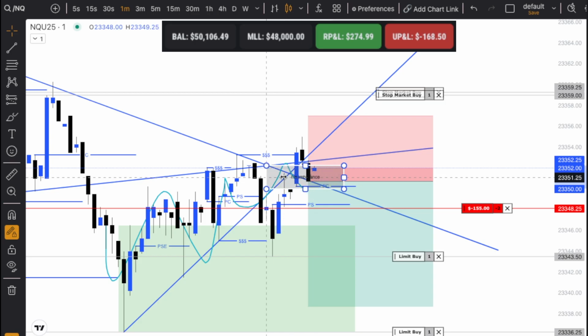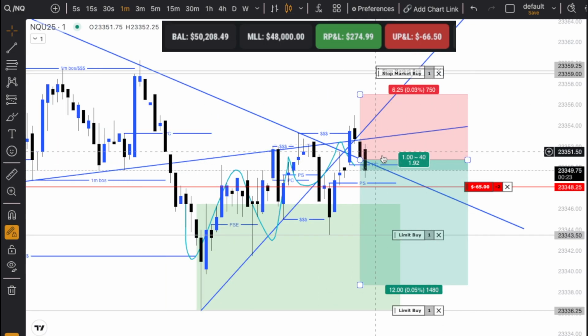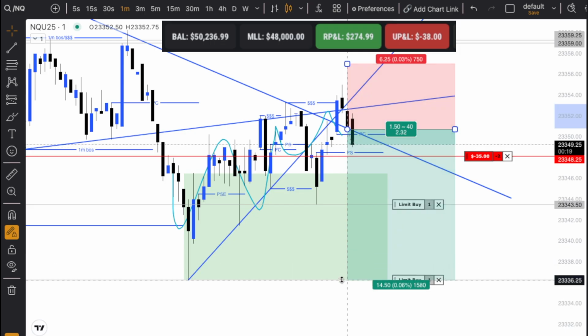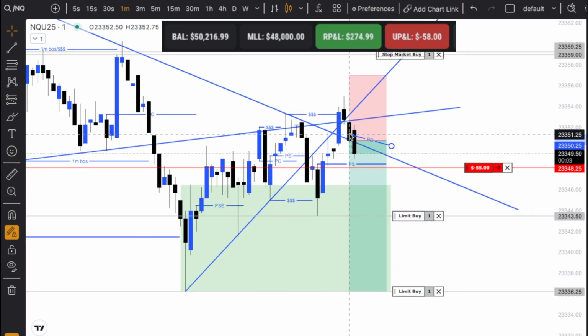We did not close through this imbalance yet, but this will be the next possible entry for this setup to then take it down potentially to this low, you know, wherever you want to take it. Hopefully we can get a close in through that imbalance. This is our